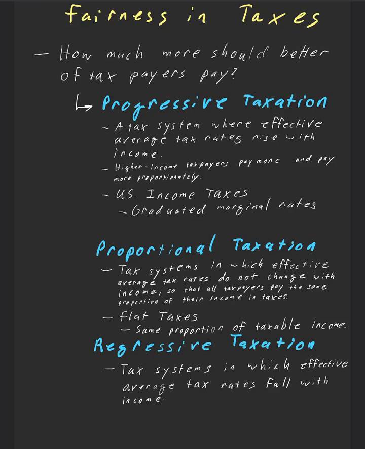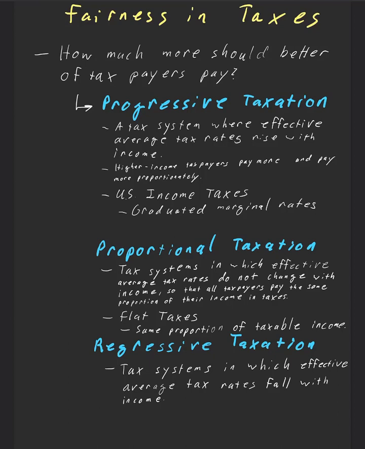And then, of course, the last one is regressive taxation. So this is a tax system in which effective average tax rates fall with income. Sometimes when we're evaluating things that aren't income, we can think of some examples of regressive taxes. So if you have taxes on relatively basic needs, necessities, then you end up in a situation where you're effectively taxing at a higher rate for people for whom that makes up a higher proportion of their consumption. But yeah, it just basically says people who are less well off, who are less well situated, pay more as a proportion of their income.